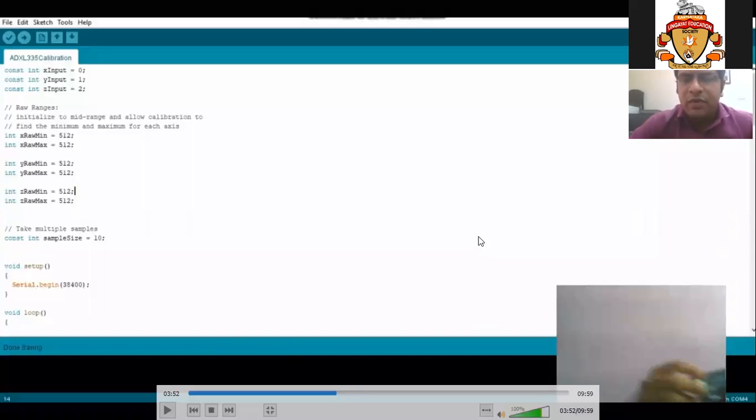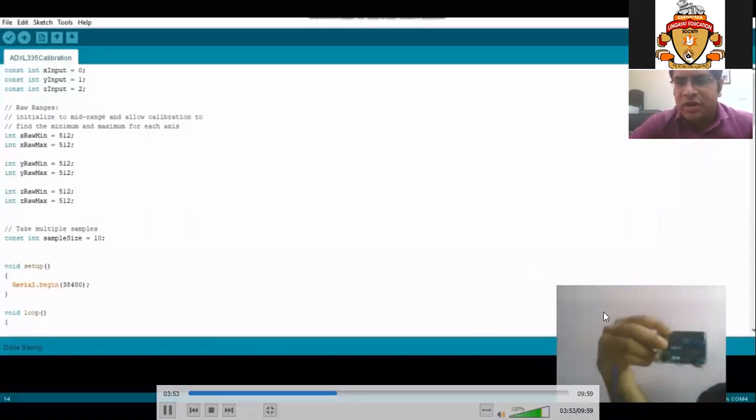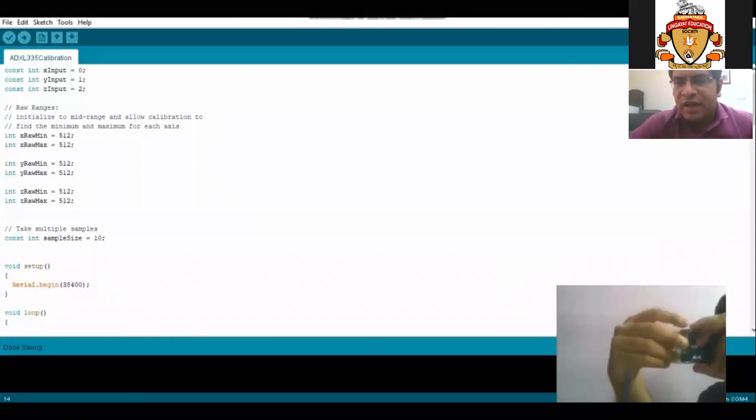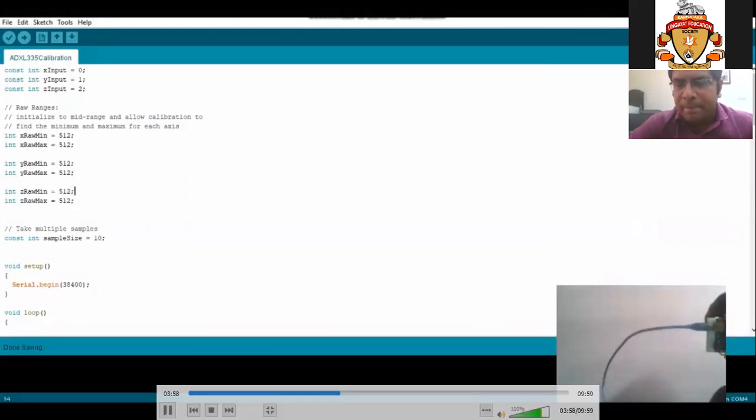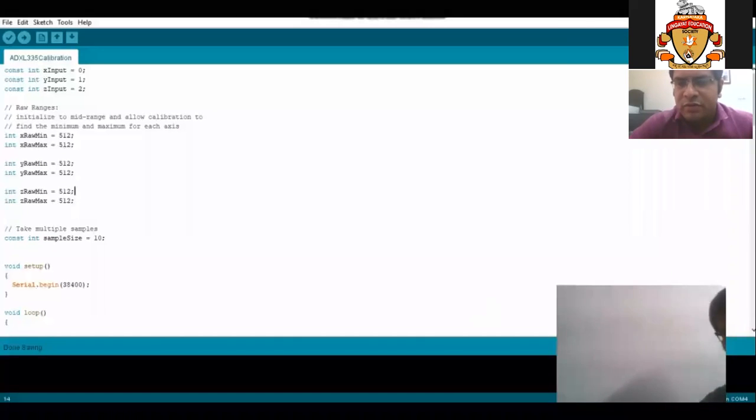So once we upload the program, I'm showing you here, this is the Arduino Uno, which is connected with the accelerometer. I have connected the Arduino Uno with my computer.